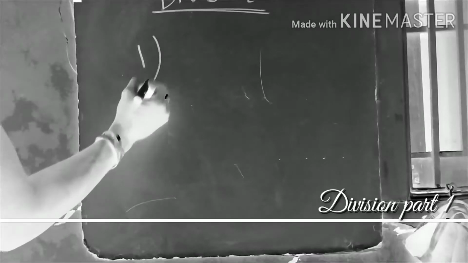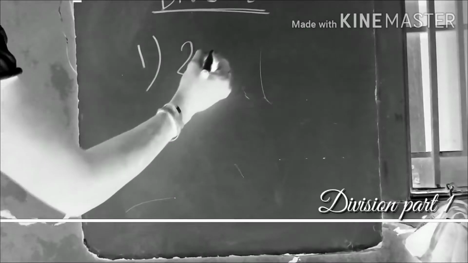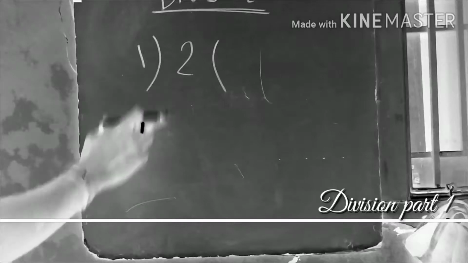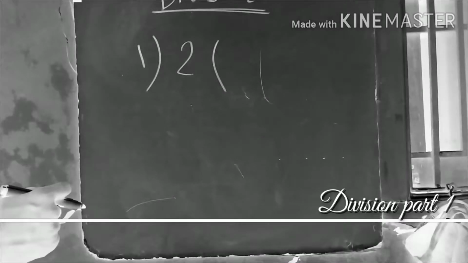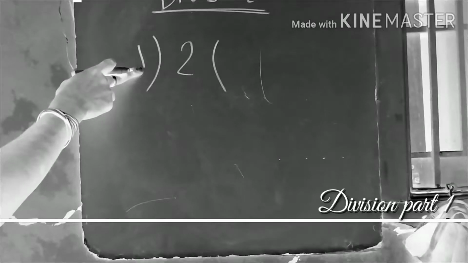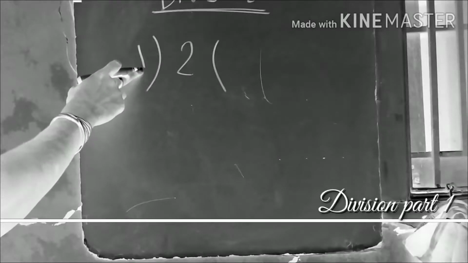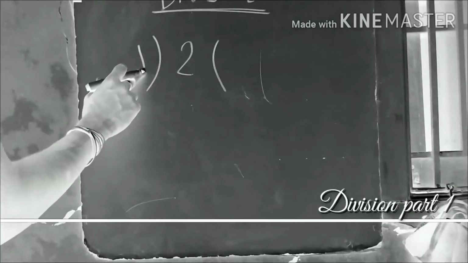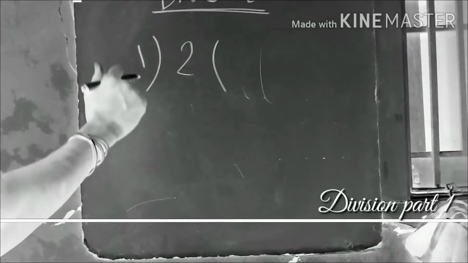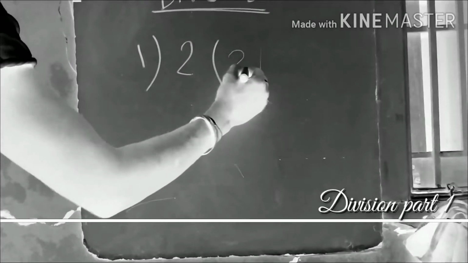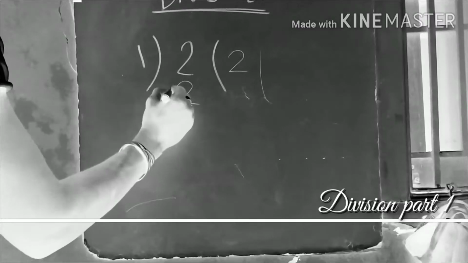This is the divisible sign. 1 divisible by 2, how will we read it? 1 divisible by 2. What is the procedure to divide? We have to use the table. Table 1 is containing 2. The procedure is, this table is containing equal or less than. So 1 1 is 1, 1 2 is 2. 2 times it is coming, so subtract it.